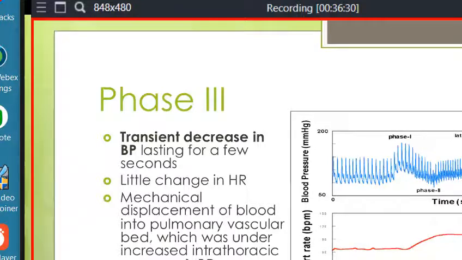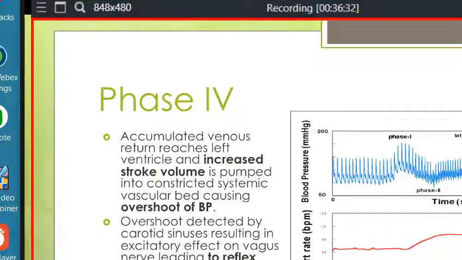And during phase 4, the accumulated venous return reaches the left ventricle, and the increased stroke volume is pumped into the constricted systemic vascular bed, causing an overshoot of blood pressure. And also, because there's an overshoot of blood pressure, it is detected by the carotid sinuses, resulting